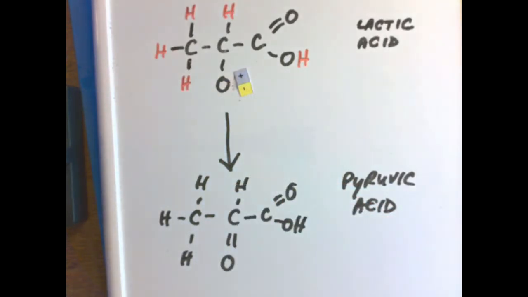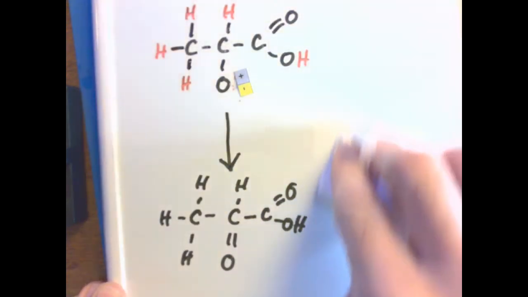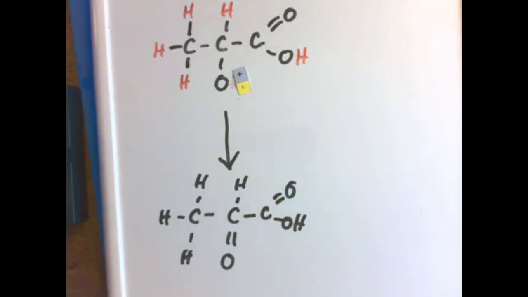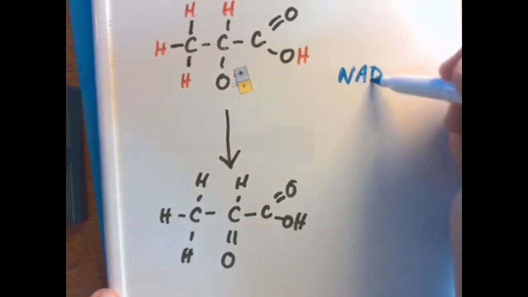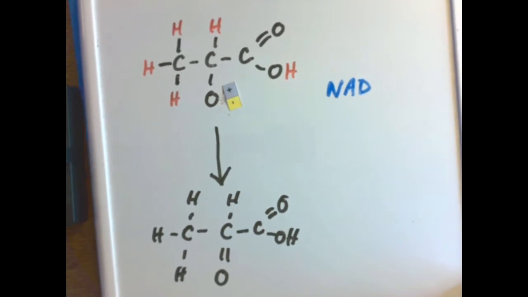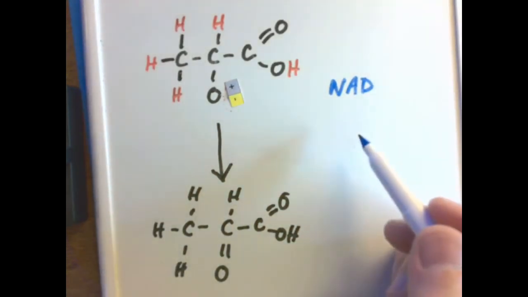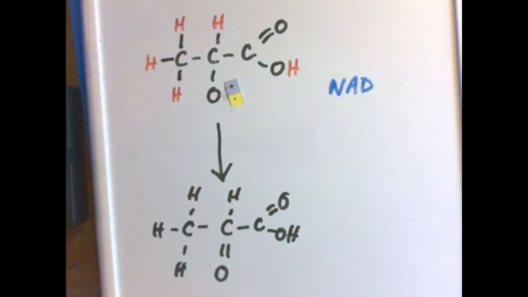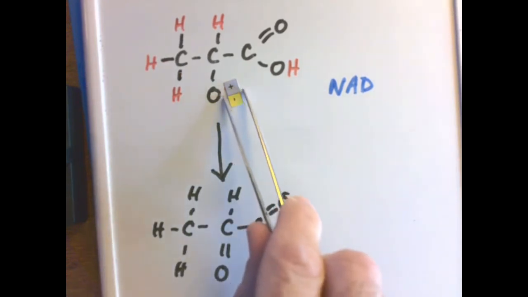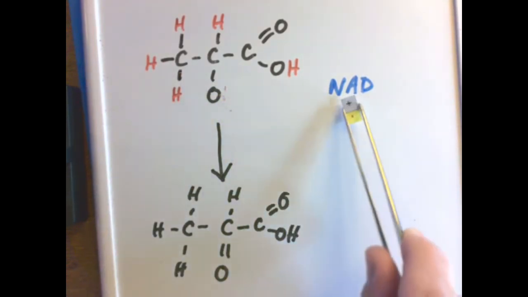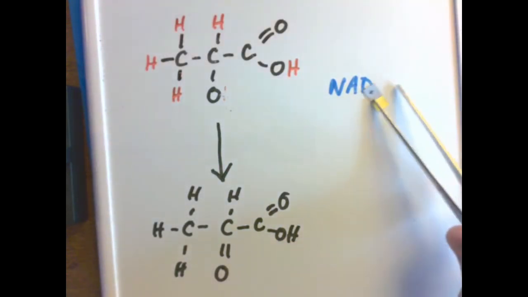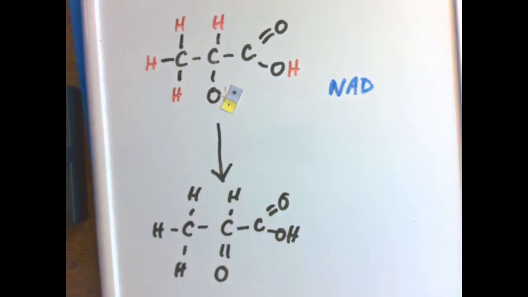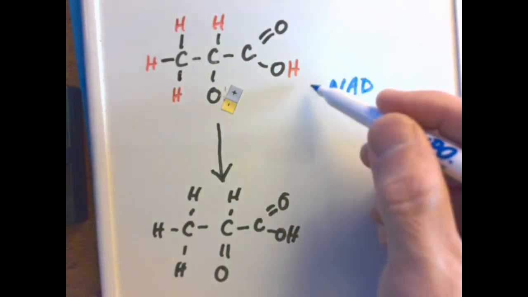Well, what if I have this assistant that I was describing? I have a coenzyme. What if that coenzyme is a molecule called NAD? So here's a molecule of NAD. I'm not going to draw out its structure. It's got a fairly complicated structure. We'll just represent it like that. And what if when an enzyme reaches in here and grabs onto this hydrogen, it hands it to NAD, like that. So by the end of this reaction, if I take lactic acid and NAD